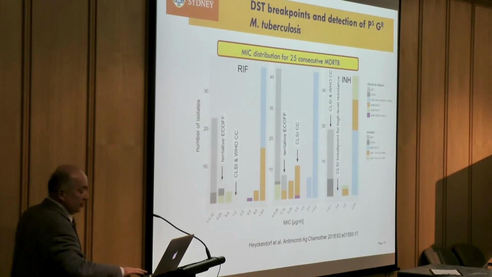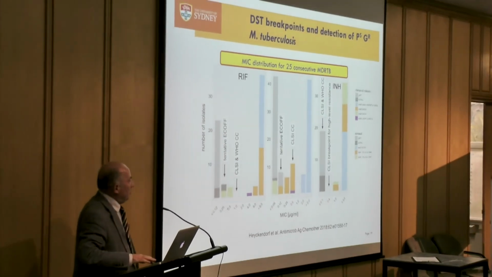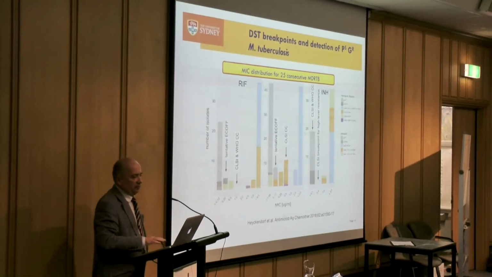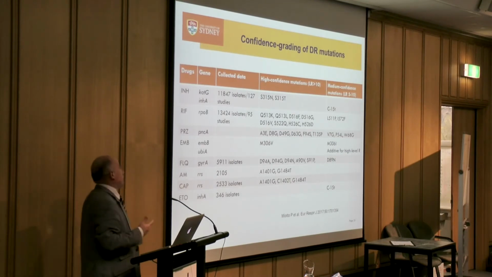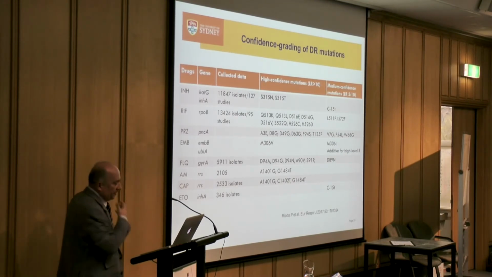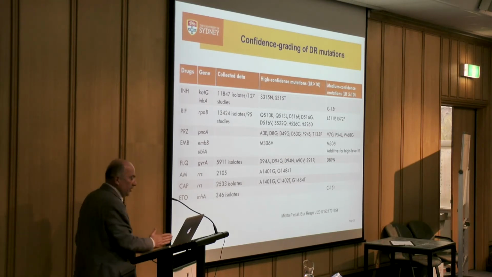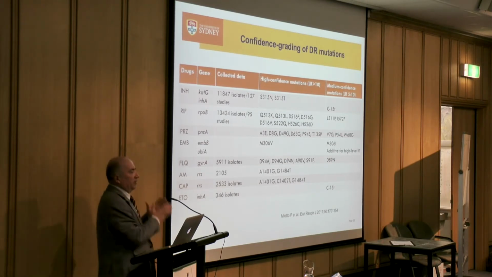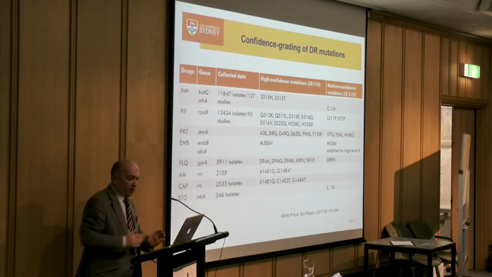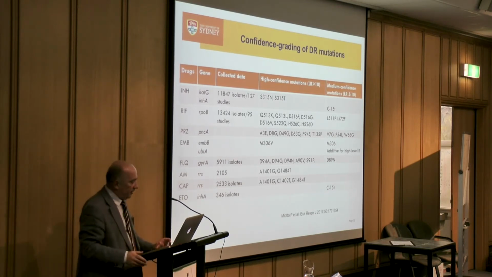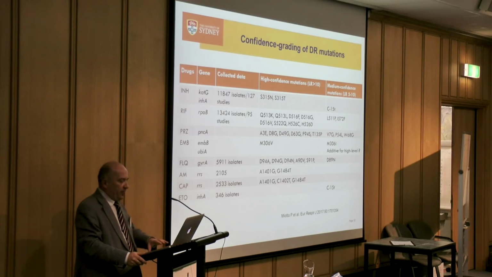And these relationships between clinical outcomes and mutations are now used to design clinical trials, and clinical trials are underway looking for a relationship between katG classical mutations, high confidence mutations, and the failure and success on